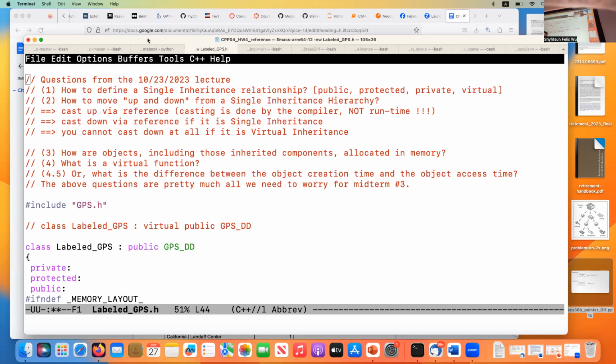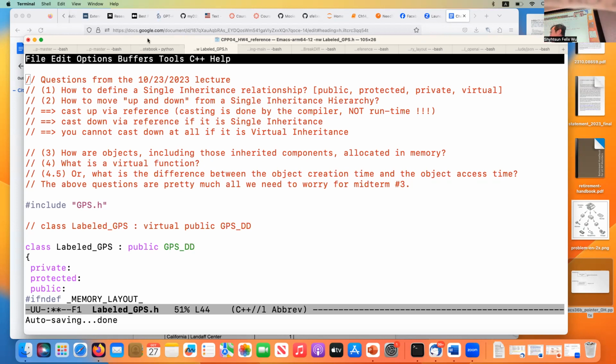This was what we did on Wednesday. So I still have those 4 or 5 questions listed there, but we went through question number 1 and question number 2. Particularly, we ended at question number 2 on Wednesday when we talked about casting. And by the way, casting is a very interesting concept, very powerful, but it's also very complicated.